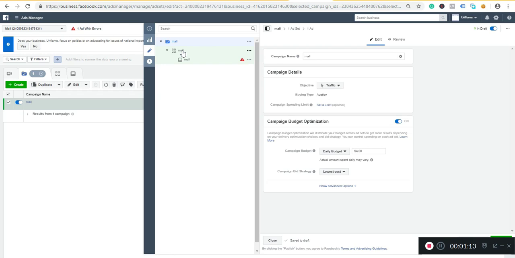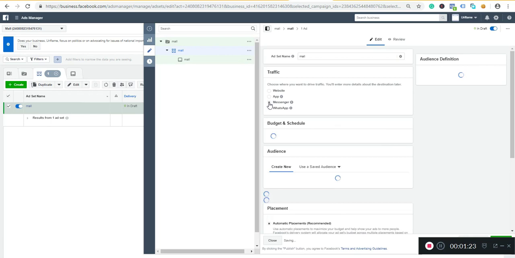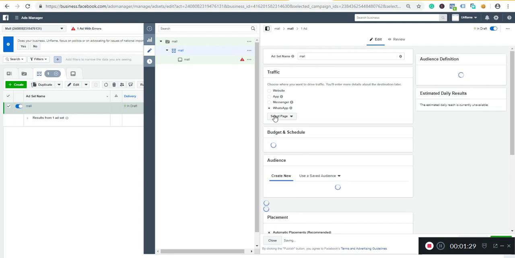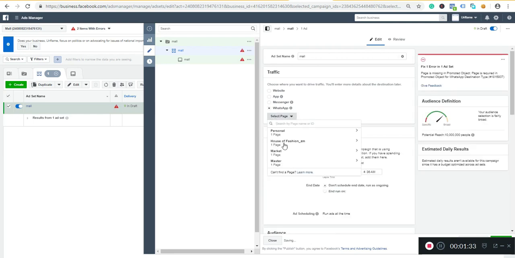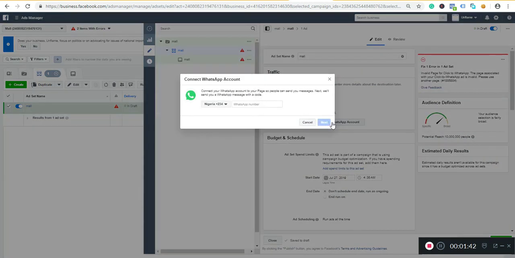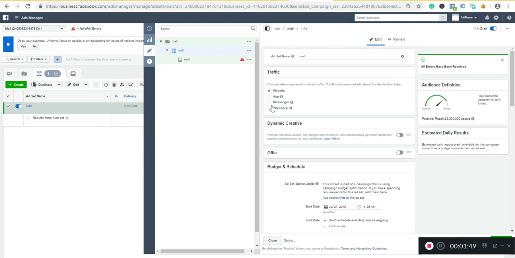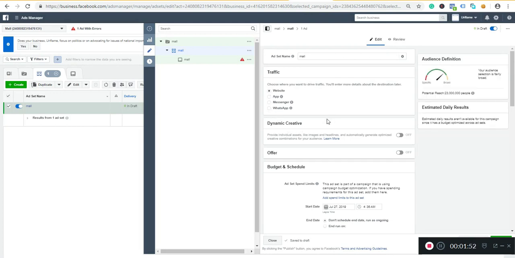So you click on this part to see the next step you're going to set up. So I usually prefer making use of websites. You can make use of Messenger. And you can make use of WhatsApp if you have your WhatsApp connected to your page. So if I make use of WhatsApp, it will ask me which of my pages I want to connect. So connect WhatsApp, you can click on that, then you connect your WhatsApp. But I prefer making use of websites. That's directly, I can just input my website link or my WhatsApp link, anyone. Then